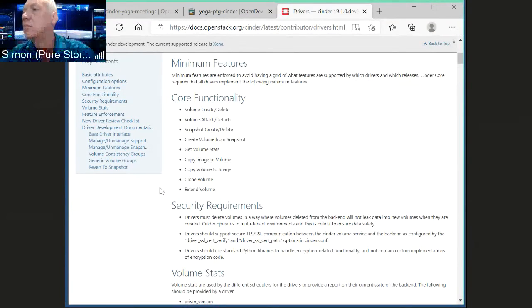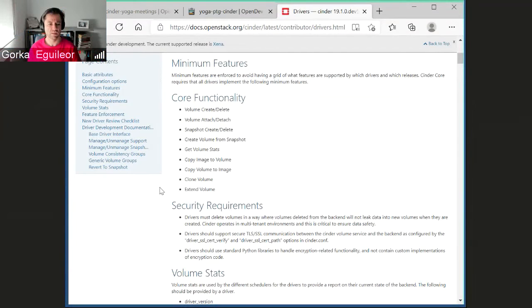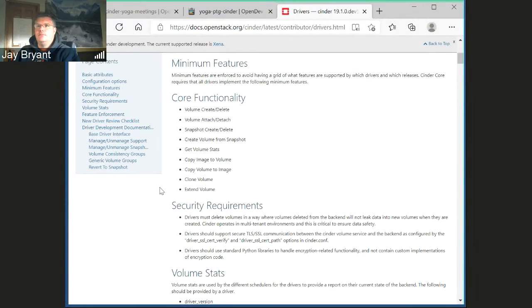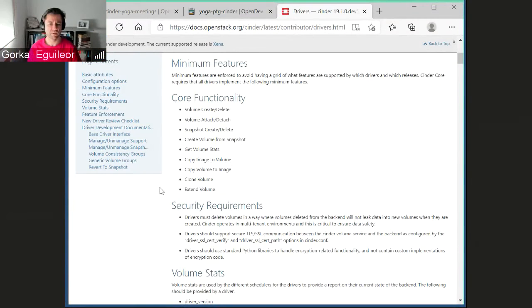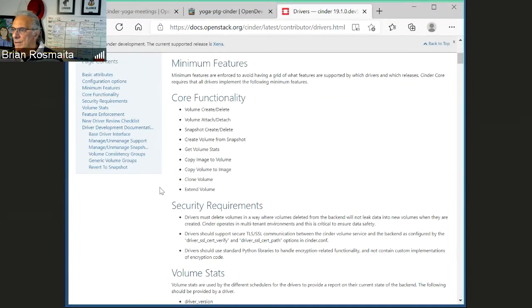But maybe we should mention that, right? Because this can be confusing for people, and if they can see clearly this is very specific for some drivers, they just skip it altogether and they move on. Yeah. All right, so